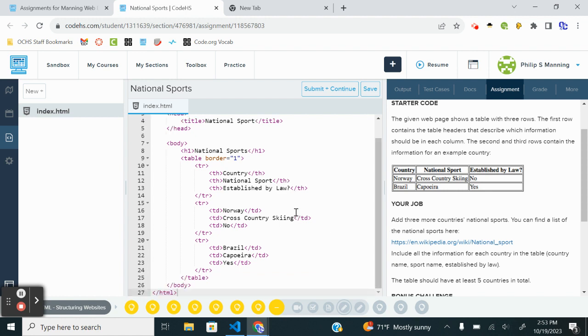Alrighty, so what we're going to do here is just look at the sequence of this table. We have the opening table tag, the closing table tag, everything in between is part of the table. We have our header row, which has country, national sport, established by law. And then we have a row for Norway, a row for Brazil. So what I'm going to do